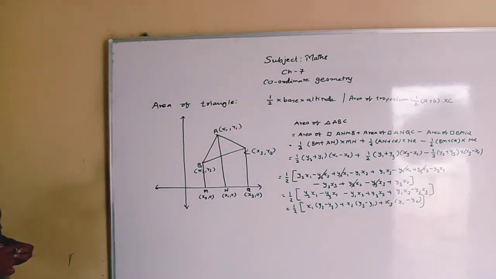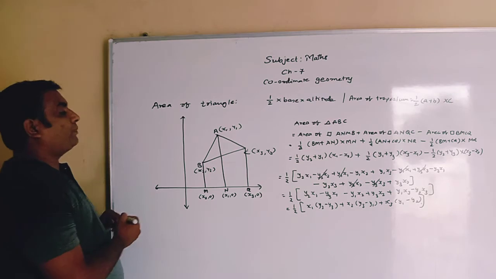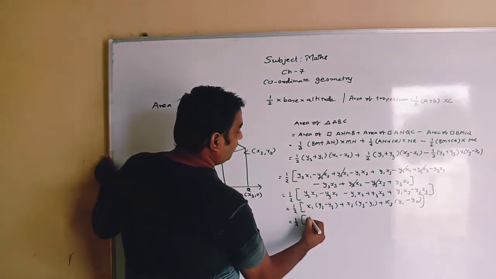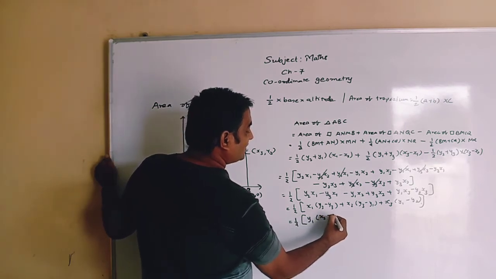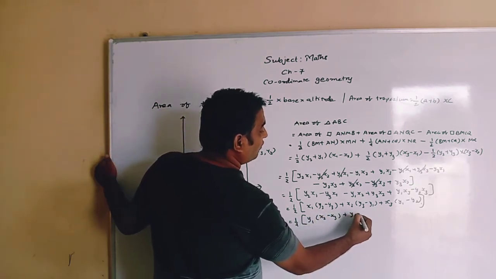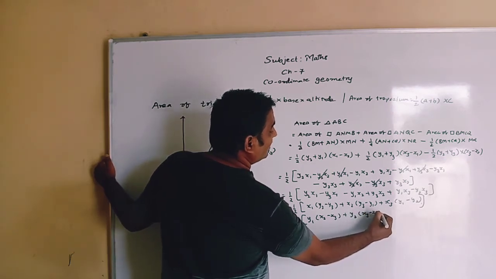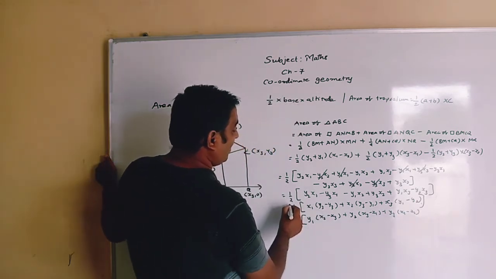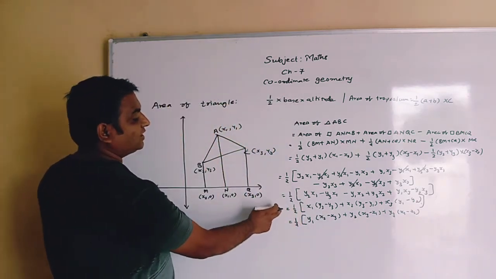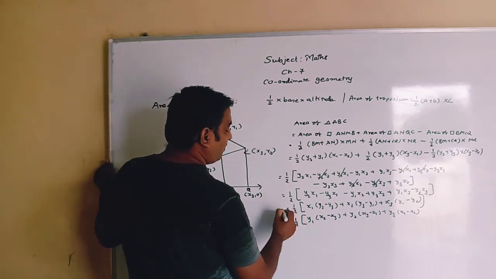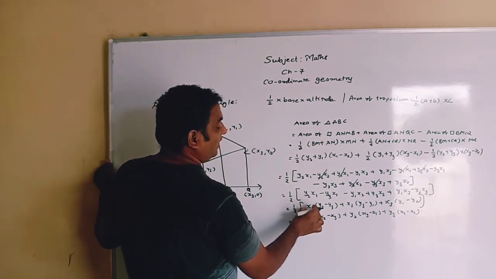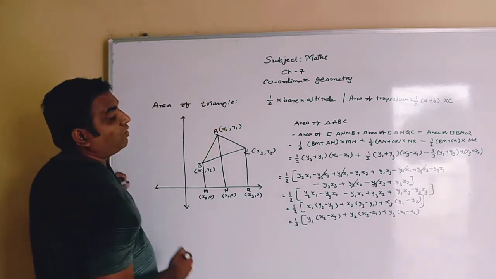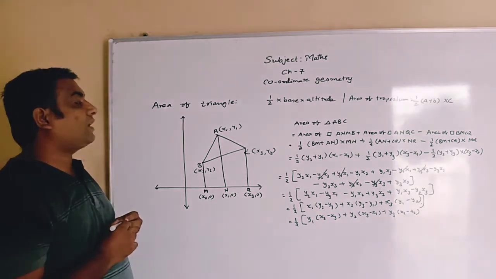So this is called the area of triangle formula. If we draw perpendiculars on the y-axis, then we get the formula 1 by 2 [y1 (x2 minus x3) plus y2 (x3 minus x1) plus y3 (x1 minus x2)]. This one is when we draw perpendiculars on the x-axis. Both formulas work: either we start with x and then y in the bracket, or start with y and then x in the bracket. With either we can get the area of triangle.